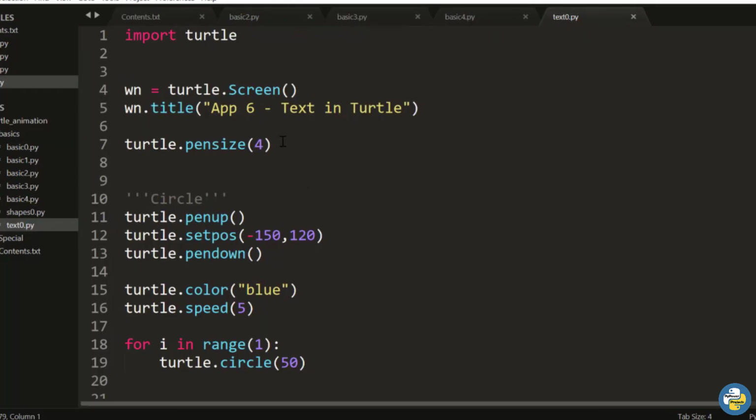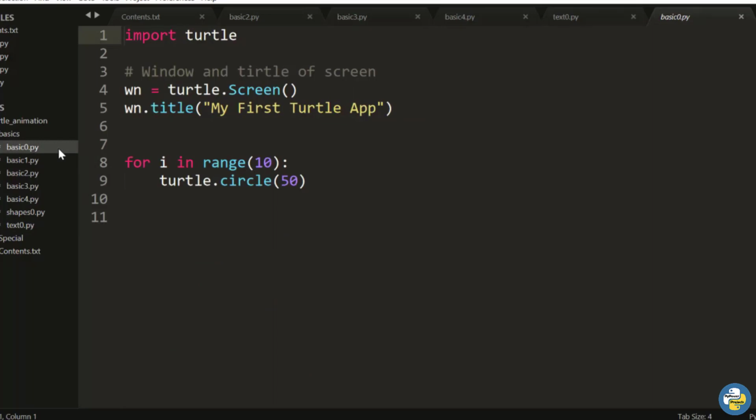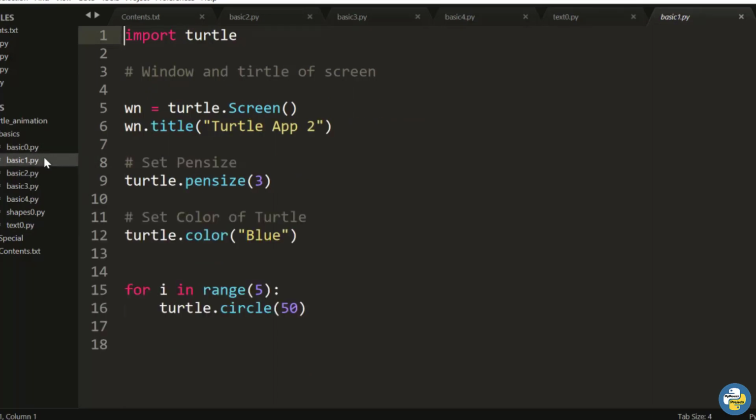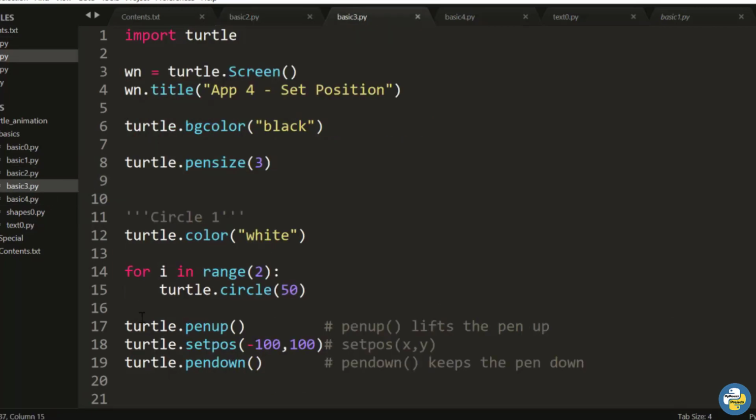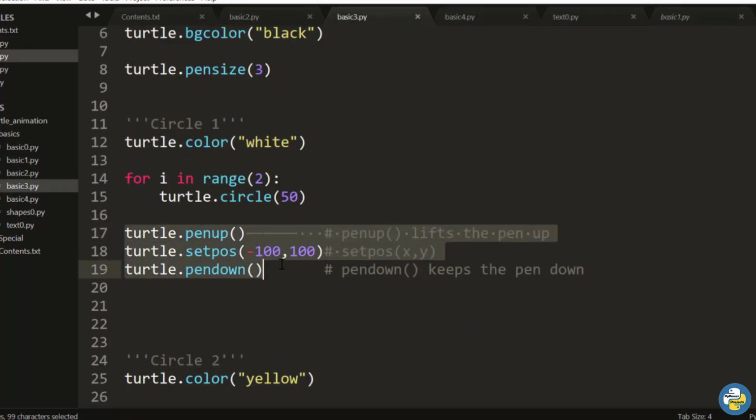So I hope you understood the basics of turtle, starting from the window and title, then moving the pen size and color, then background color. Then you can see set position, so pen up, set position, pen down.